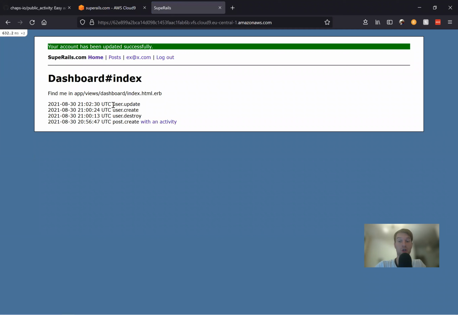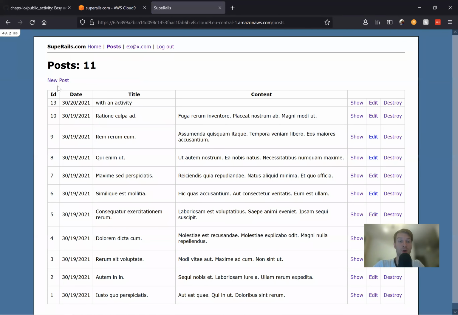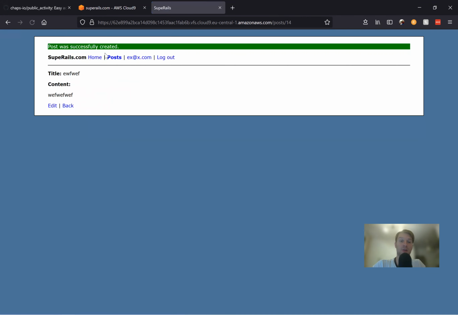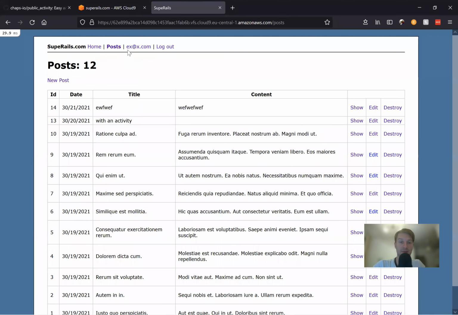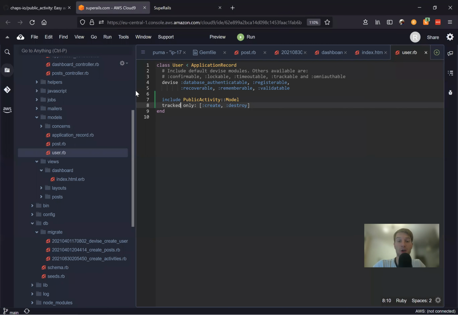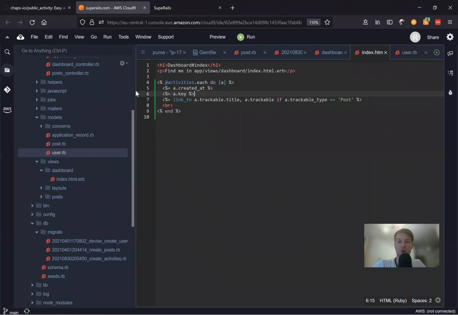And you see no additional activity has been saved. And also, what if we want to see which specific user updated or created a post? Now I go to posts, I go to create a new post, and a new activity has been saved. Here's the new activity, but we didn't save any owner for it. So let's try to find the owner,